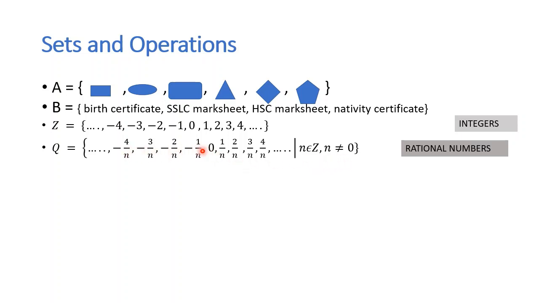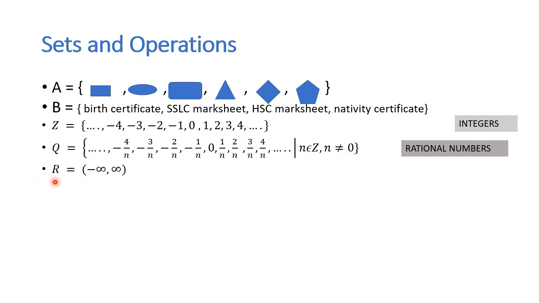So here also the set contains a countable number of elements. When you are considering a countable number of elements, we write within curly braces and separate the elements by commas. If it has certain properties, we use the symbol "such that" and write the property on the right side. Now let us see another example.